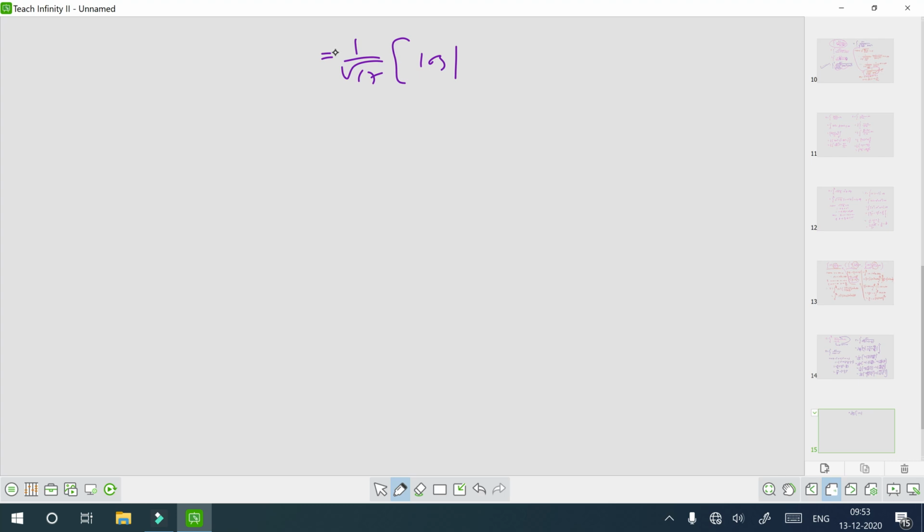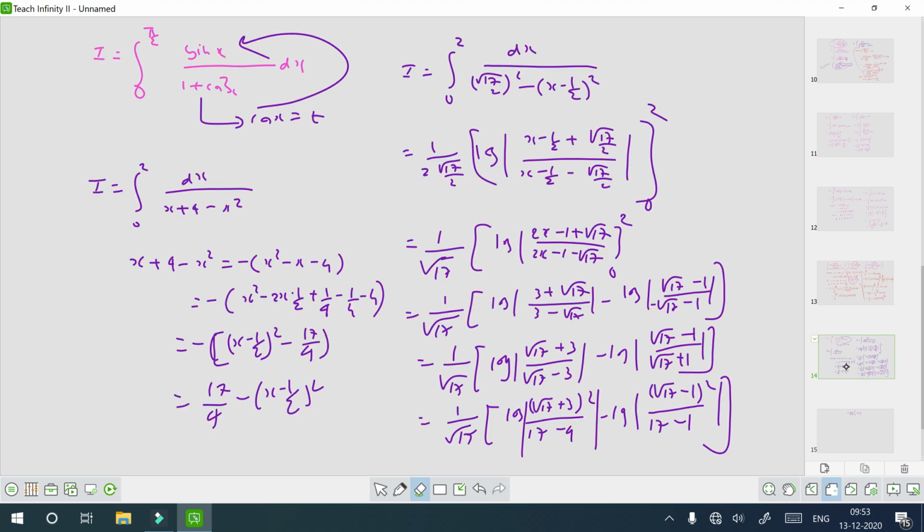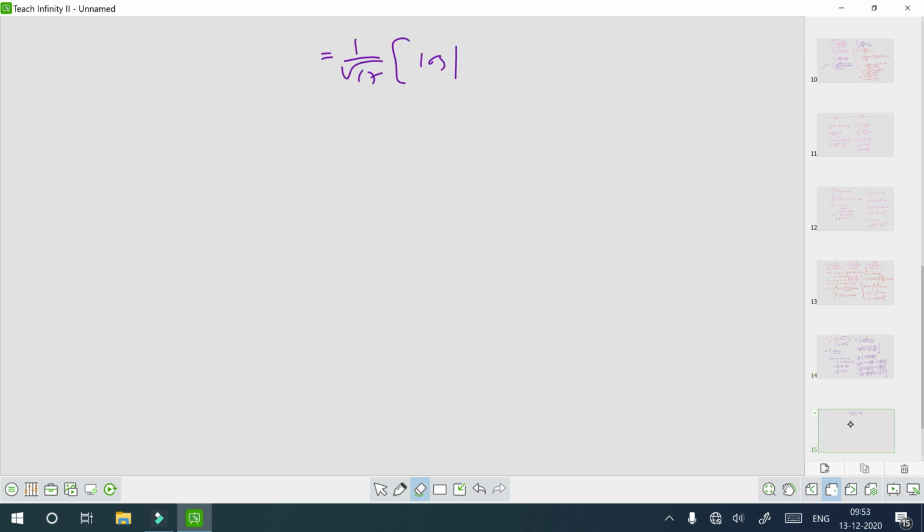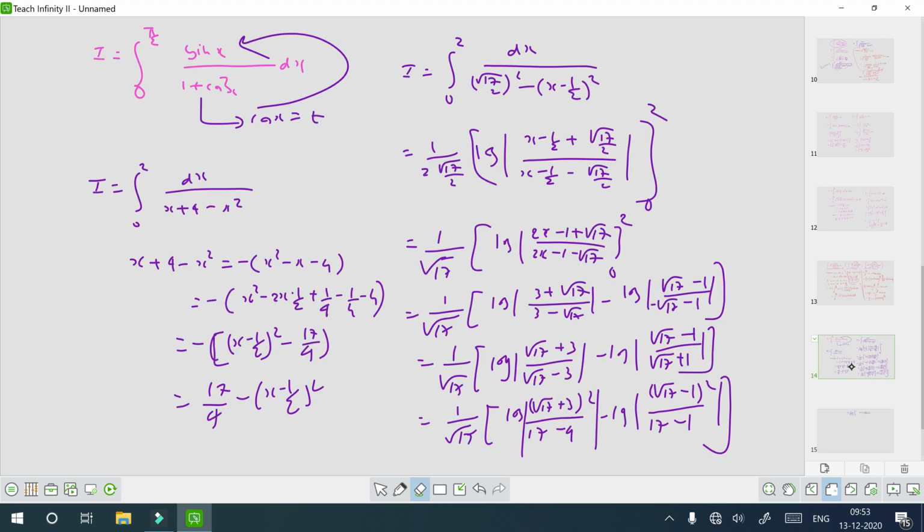See, whole square is there. So take the 2 outside. 2 log root 17 plus 3 upon 17 minus 9,